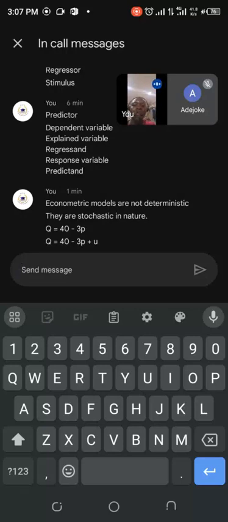This shows that there are still behaviors we are trying to explain that we do not really capture, right? Then the error term is also there because price is not the only thing that affects the quantity demanded. There are also other variables. Your income affects it, your taste affects it, maybe trend, maybe peer pressure. So all of those variables are not captured in the model, because in the model we only have one independent variable, which is price. So all of those things that are not captured in this model are also captured in the error term.